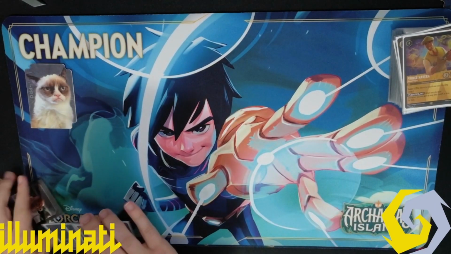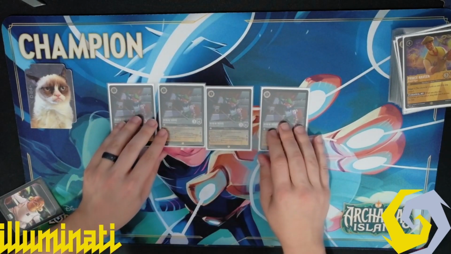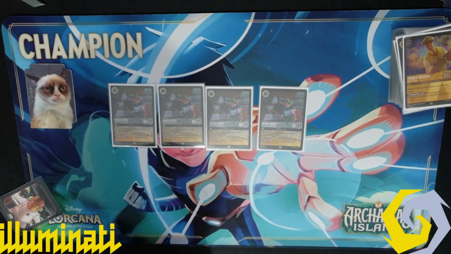Next, we have our 5 cost characters. We're only running 4. Robin Hood, Champion of Sherwood. He's your shiftable Hood from the 1 drop. 3/6 body, quest for 2. When he challenges a character and banishes them, you gain 2 lore. And when he's banished in a challenge, draw a card. So he replaces himself